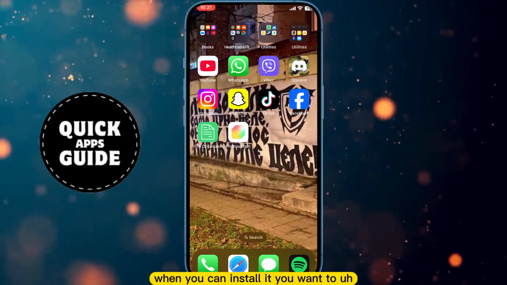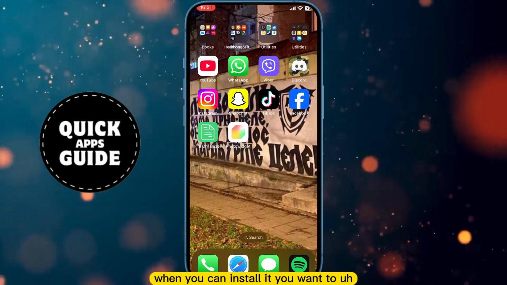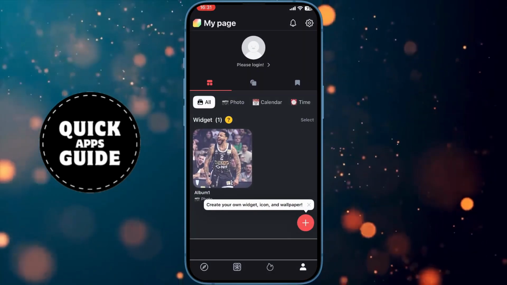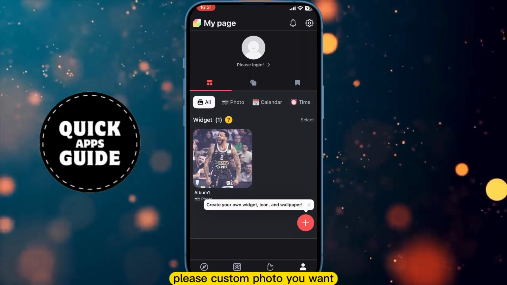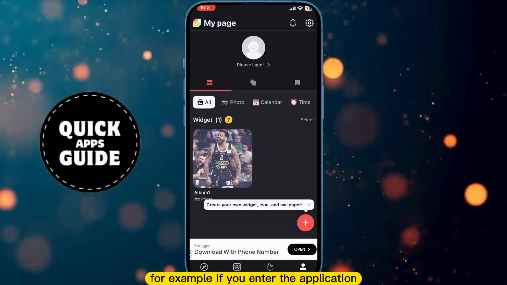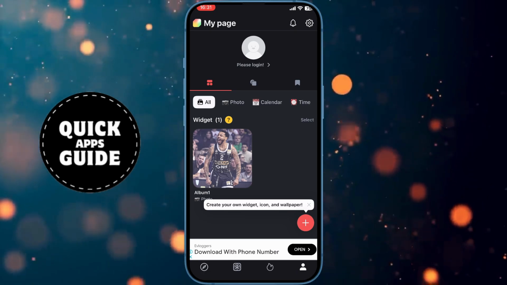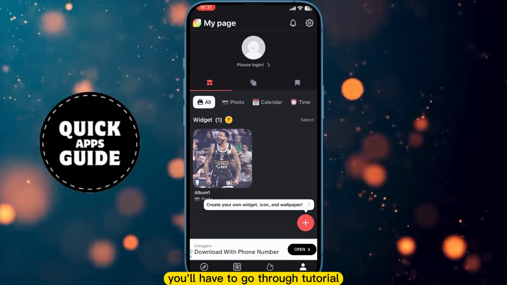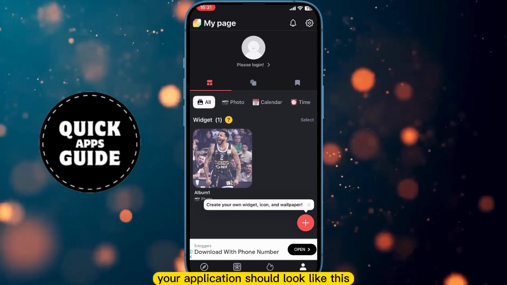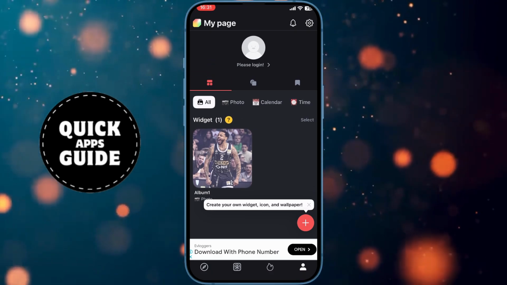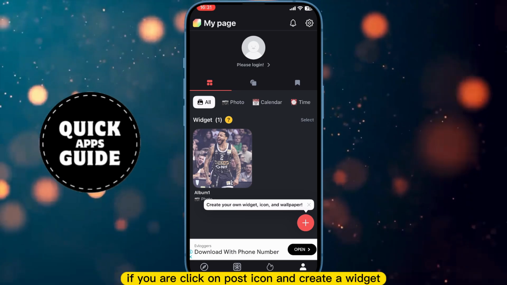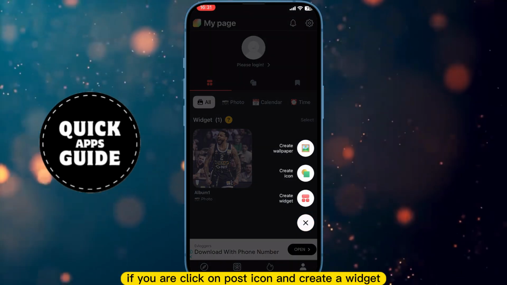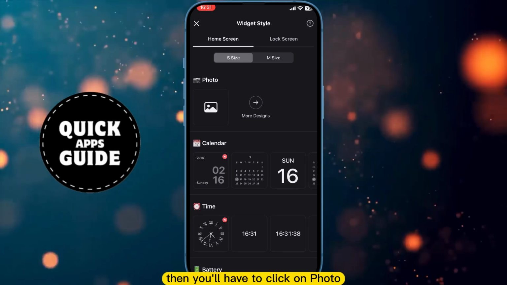When you have installed it, you want to place the custom photo you want. For example, if you enter the application, you will have to go through a tutorial. After you finish that, your application should look like this. As you can see, if you click on the plus icon and create a widget, then you will have to click